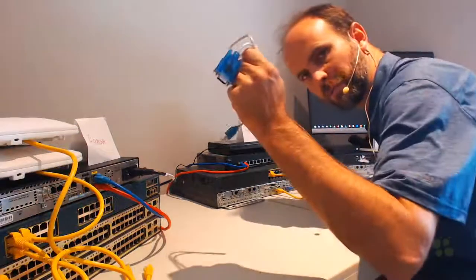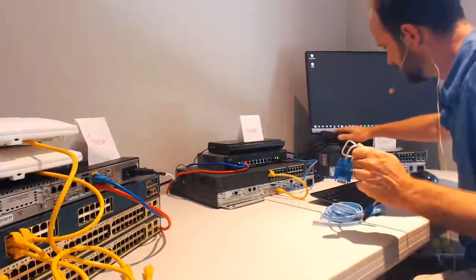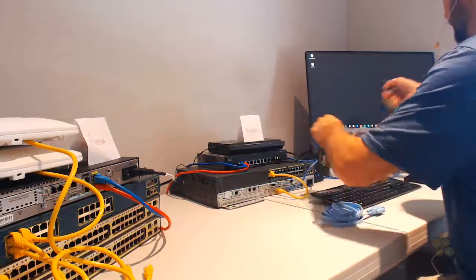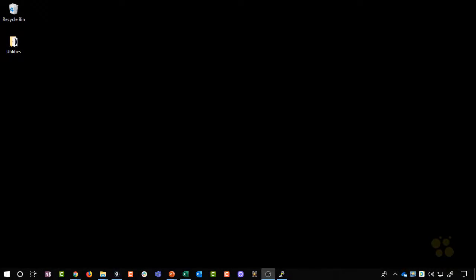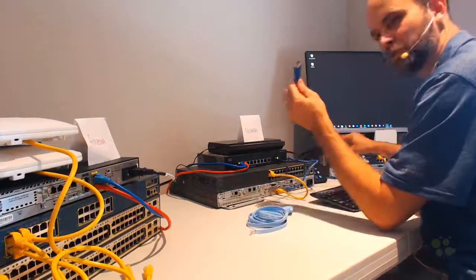First and foremost, I brought my USB to serial and my console cable. I have a little USB hub sitting right over here. So I'm just going to connect this guy right in and we'll watch what happens. Waiting for something to happen. Anytime now. And nothing. That's simply because Windows has built-in drivers for these USB to serial adapters as long as